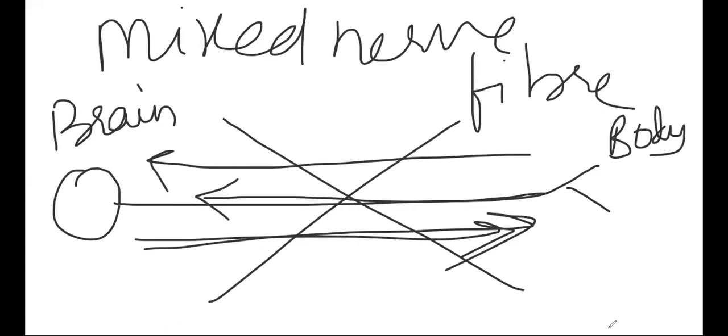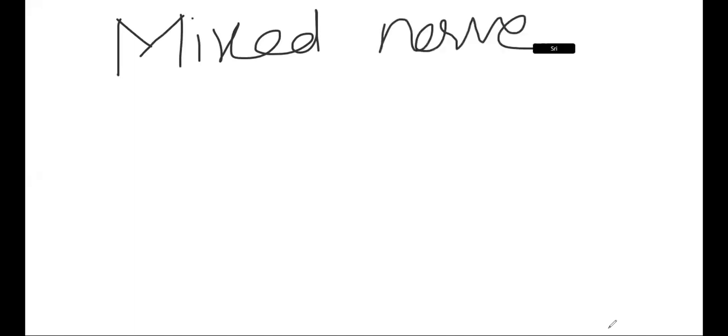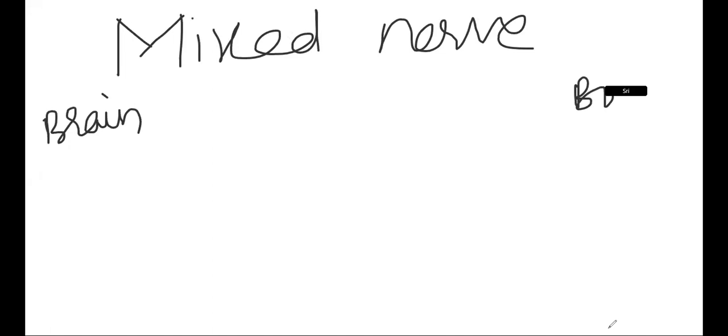Mixed nerve is possible. Someone said the mixed example is spinal nerve. You said no, that there is no possibility of mixed nerve fiber. Okay, mixed nerve is possible. I'm saying you people are not able to manage the difference between the nerve and nerve fiber. That means you need to apply the basics. Let me write the brain here and the body part. You are saying spinal cord; I'll show you the spinal cord also. Take the vagus nerve as an example.